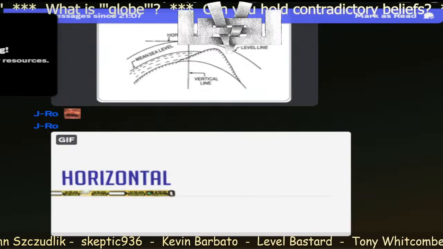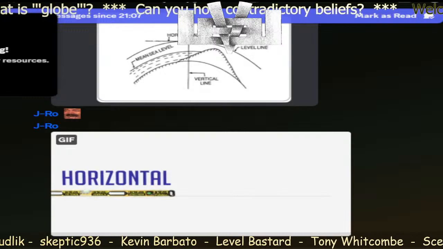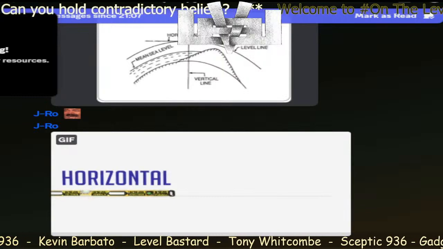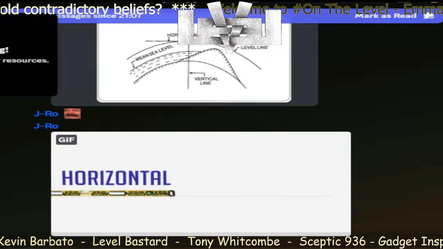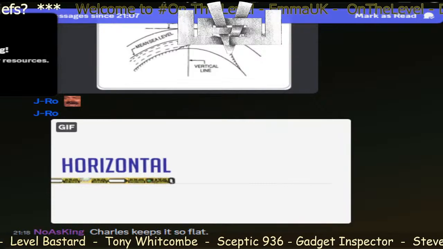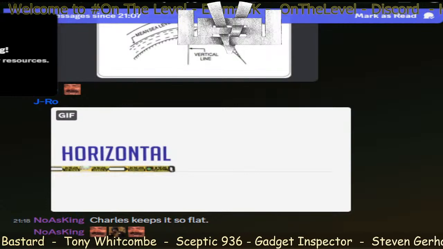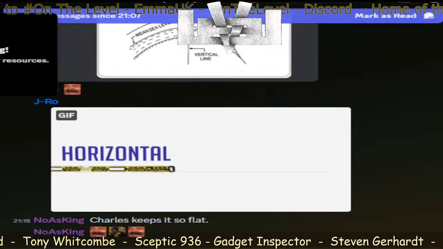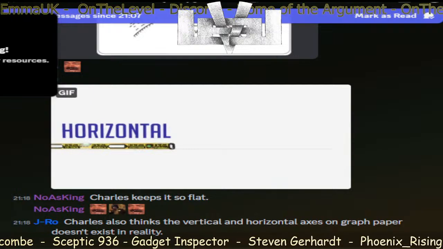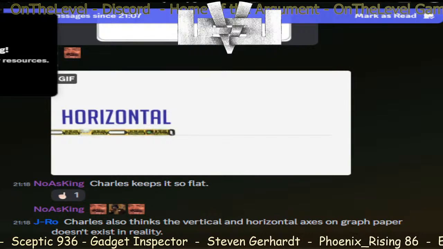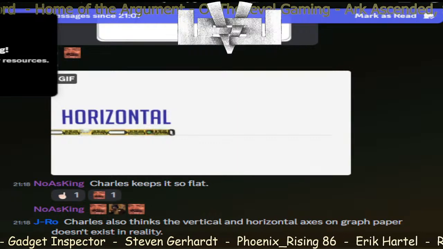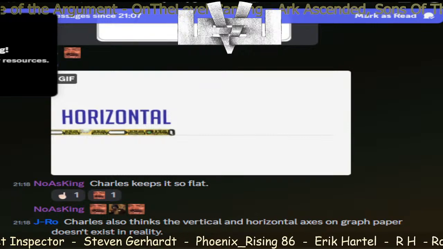Charles, we have two statements: Earth is measured flat, and contradictory to that, Earth is measured not flat. Flat, not flat. This is a contradiction. So the question is, what does the word flat mean when he says it, and what does the word flat mean when you say it? Because it's two different meanings. No, Charles, we are using only one meaning.